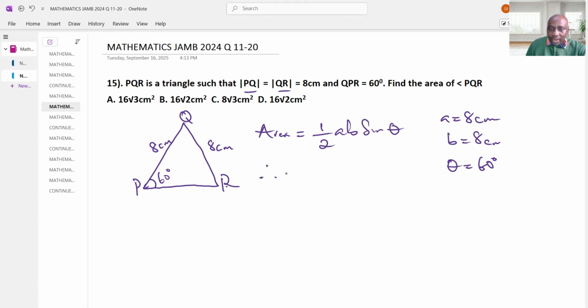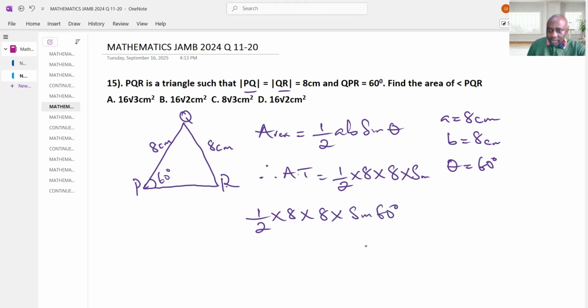Therefore, area of the triangle equals 1 over 2 multiplied by A. Now, what is our A? 8. What is our B? 8 multiplied by sine 60 degrees. Let me write it down. We are trying to look for the area. 2 here 1, 2 here 4, isn't it? Therefore, 4